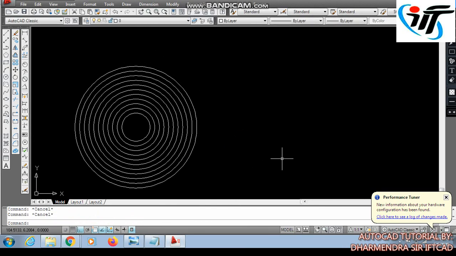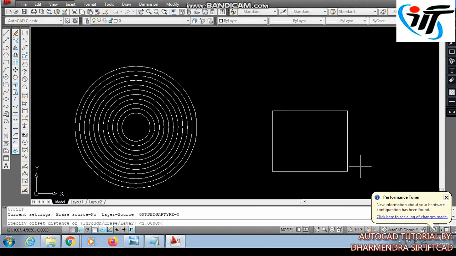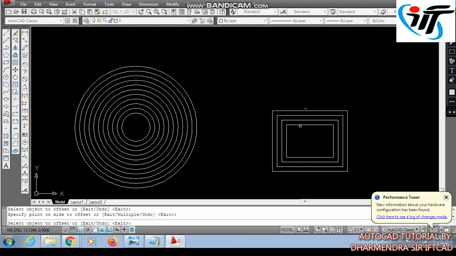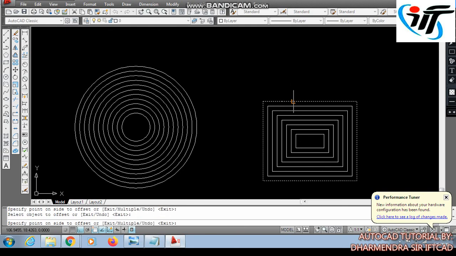We can also use this command on a rectangle or any kind of polyline. Offset 1 unit. So it's quite a popular command which is helpful in any kind of drawing.